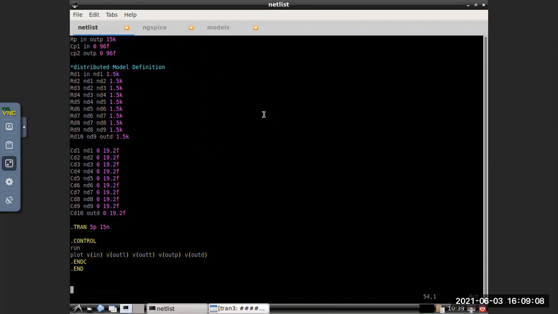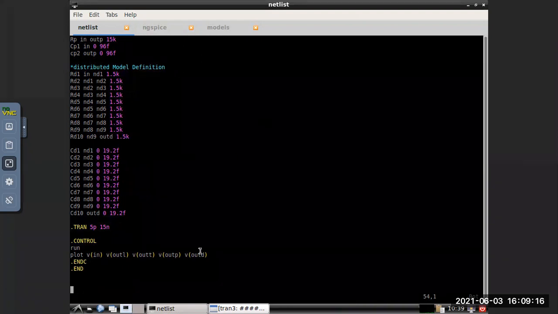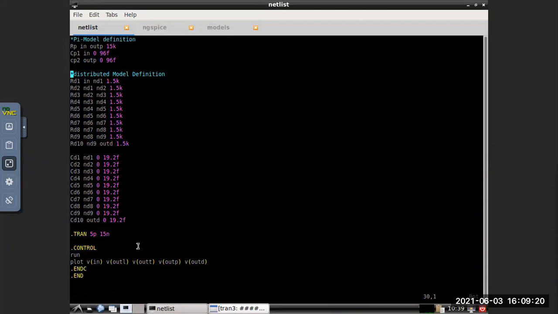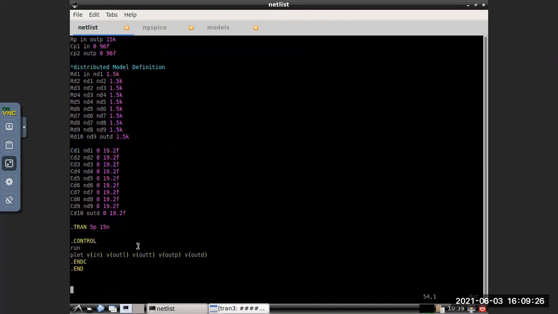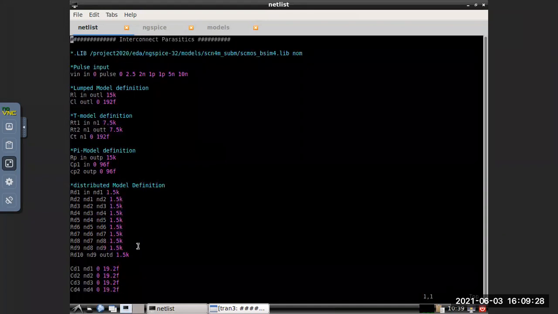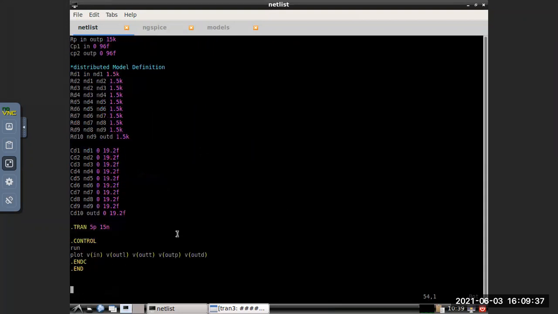Sir, I got an error that says no such vector V. Check whether you have defined V in properly or not. V of in. So is the in node there or not everywhere? Check whether the in node is there or not.